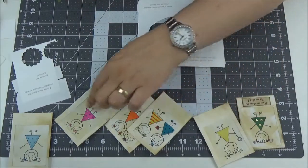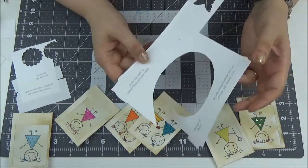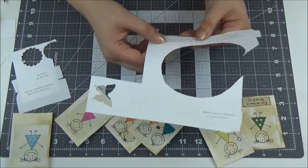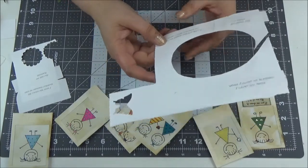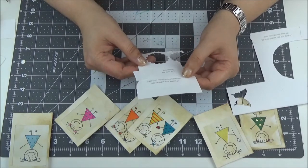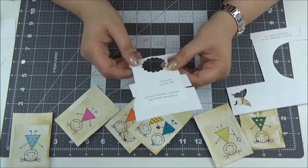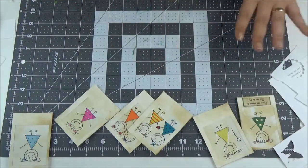And I'm going to go ahead and do it to each picture. So I have 5 sayings, and I picked: when I count my blessings, I count you twice, because she's my blessing, or one of them. You make me smile, because she always makes me laugh. In life, it's not where you go, it's who you travel with, because this is really true. I wish you could see yourself through my eyes, because she would see herself in a very different way, I think. And you are my sunshine, and she so is. So I picked those, and now I need to distress them